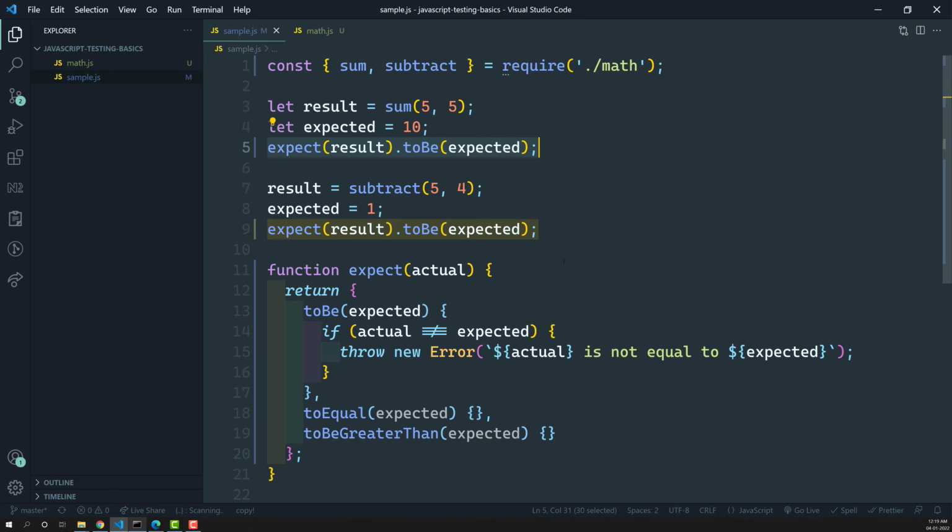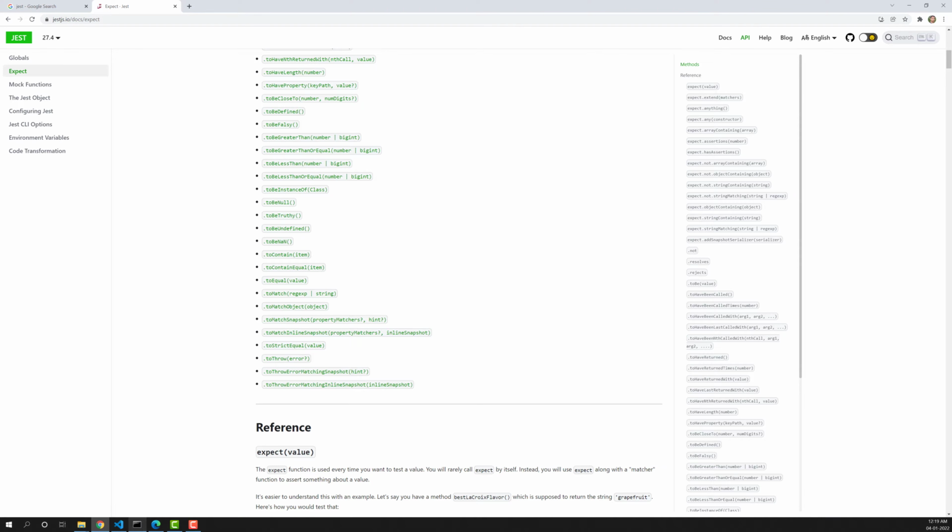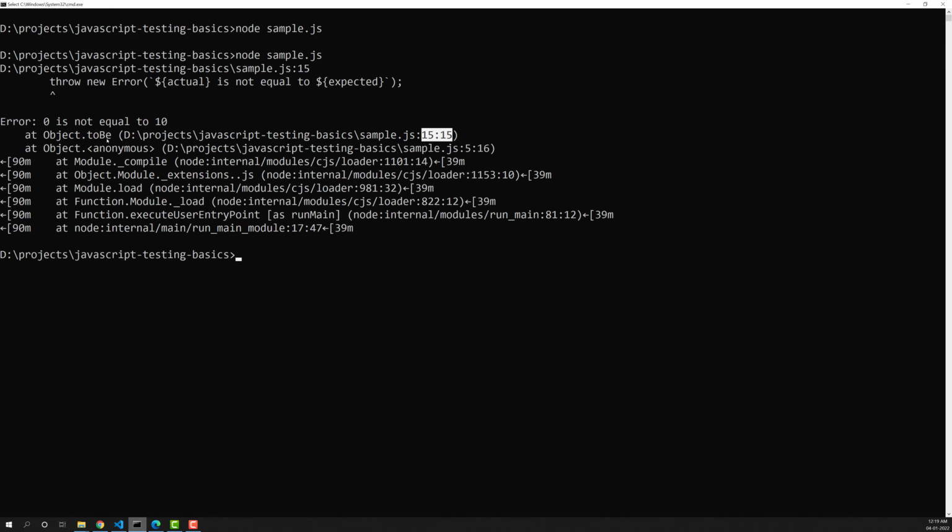If the automation testing directly tells you where the actual test is failing, that would be much better, right? So in the next video we will look at that: what is the actual test that is failing, either this one or this one. For example, if one test is failing, it does not continue to the next test; it throws the error directly. So let's test all the things and show you the list of all the errors. Let's do that in the next video.